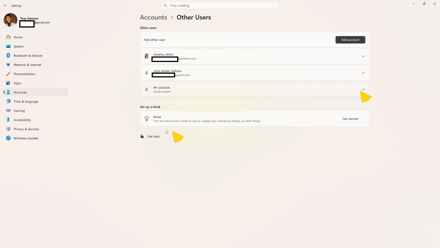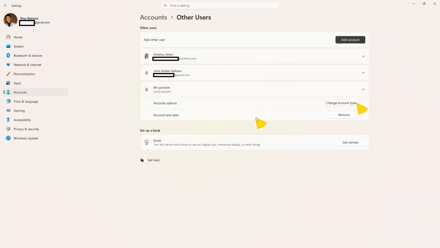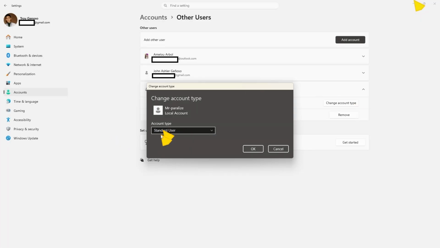After creation, click the new account name. Choose Change Account Type. Choose Standard User. Then click OK. The new account is now a limited standard user account and cannot make